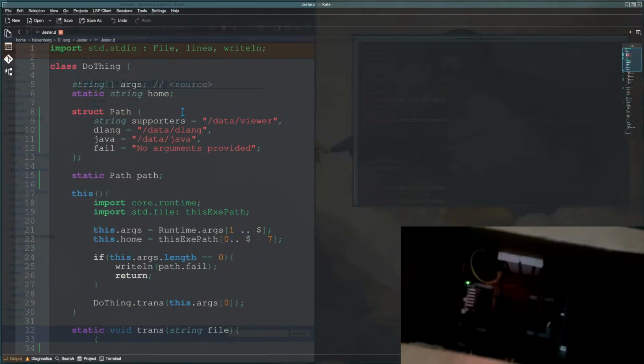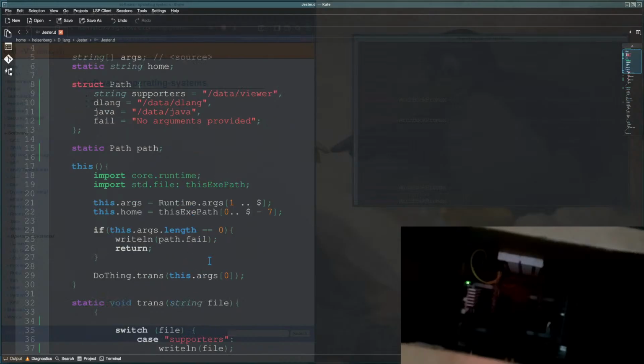So that way you have a reference. So when we make string home, we have to do that before we create path. Or what we do is